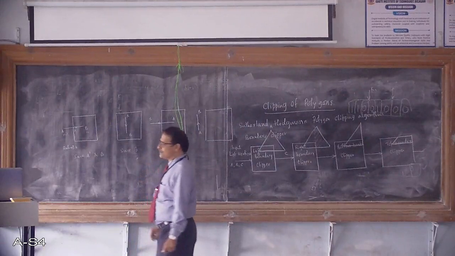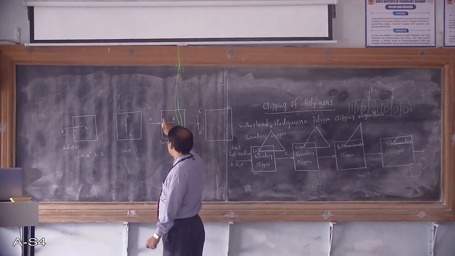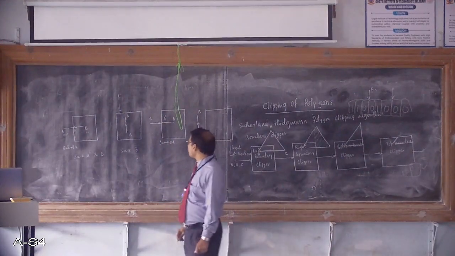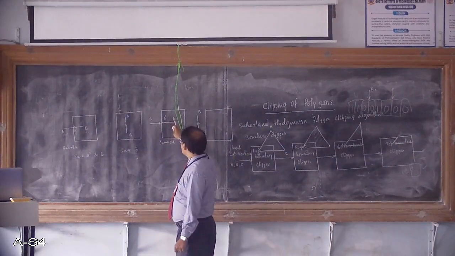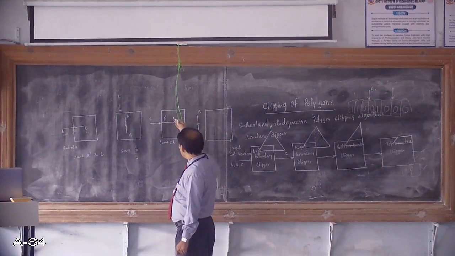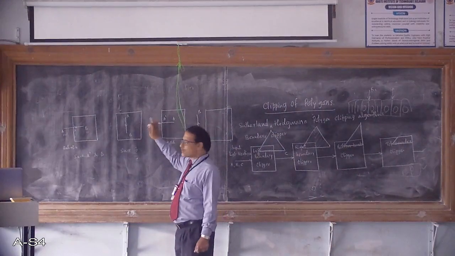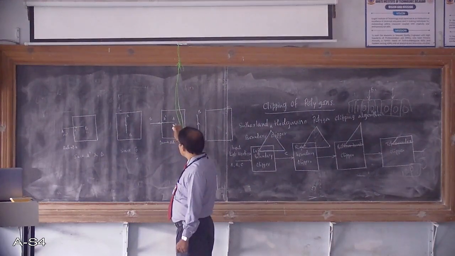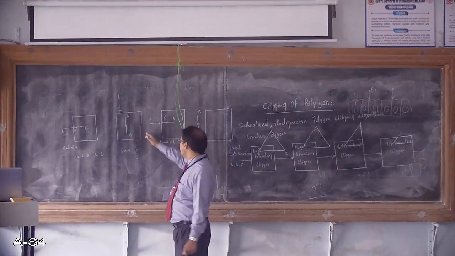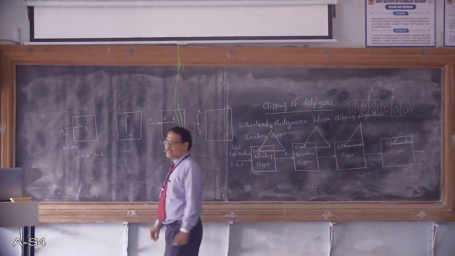Let us consider the third case. Here in the third case the edge AB is once again crossing a boundary, for which we have to determine a point of intersection A dash, and under this case the rule is that whenever an edge crosses the boundary starting from inside to outside, because the vertex A is inside the clipping window whereas the vertex B is outside the clipping window, and when such an edge crosses a boundary by progressing from inside to outside, we have to determine the point of intersection and save only the intersection point, that is A dash.